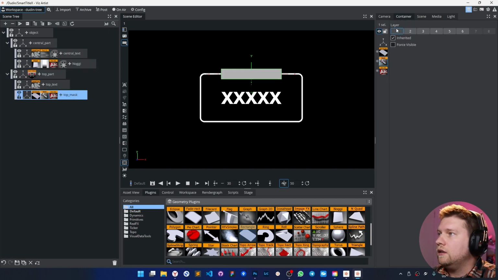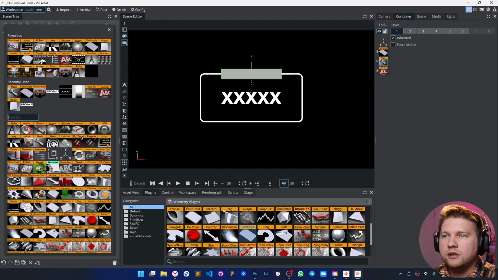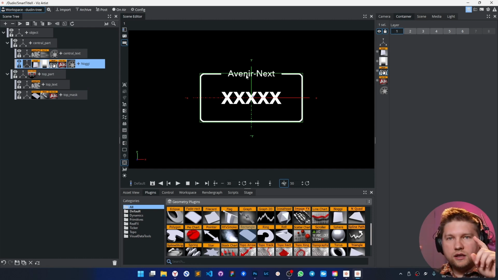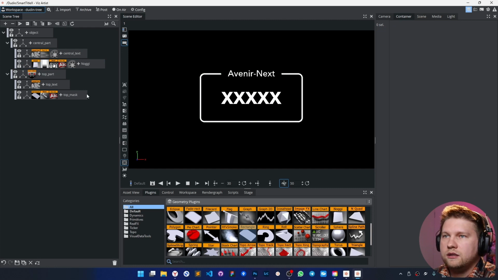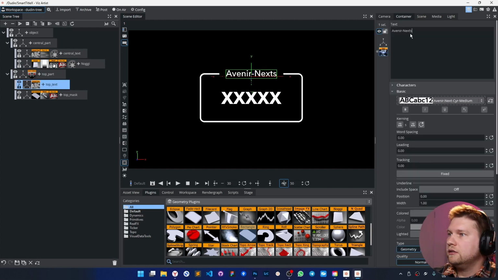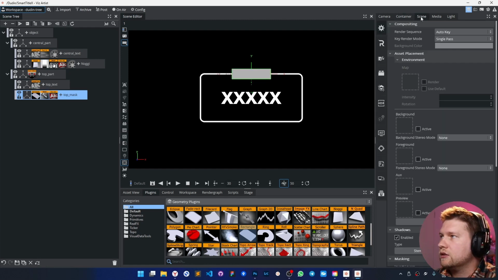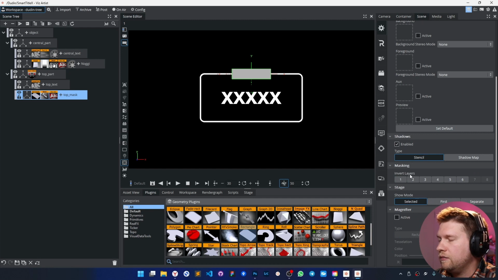I will use only the first layer, and for this border, I'm going to use the mask target. And of course, for this mask target, you see we are using also the first layer, and you see this is cutting out this space around this text. So now, if I change the text itself, you will see how it works, and it works very, very perfectly.